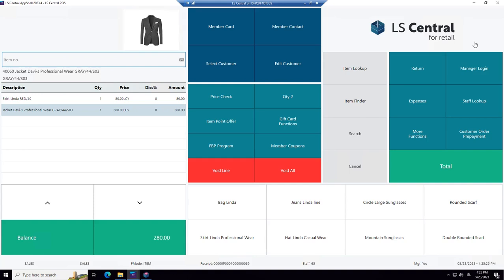But of course, remember that in a fashion store, all the items are usually with barcodes, and that's what we do. We read the barcodes, we scan them. And that barcode includes the information about size, color, and style, whatever it is. But if the barcode is damaged, we need to be able to do it manually like we are doing here.